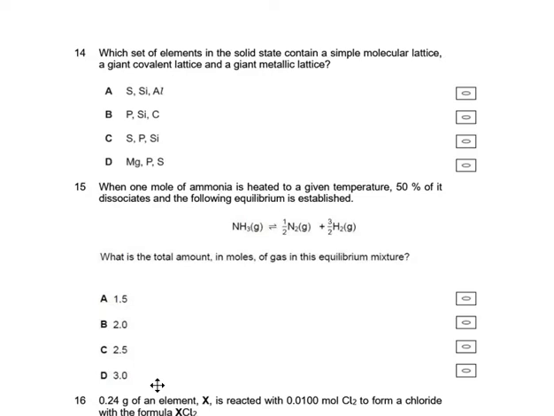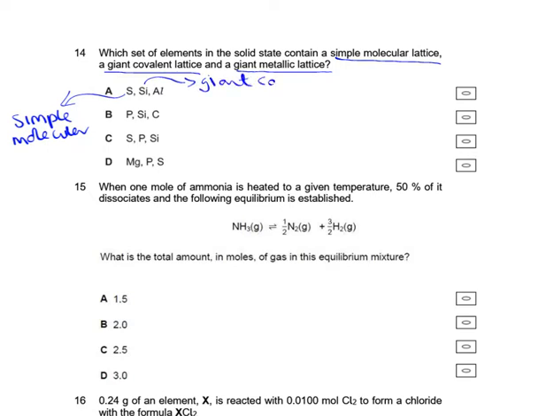Question 14, they've given you some particular elements, and it says which set contains a simple molecular lattice. So we want a simple molecular one, a giant covalent lattice, and a giant metallic lattice. So with giant metallic, we need something that's metallic, we need something covalent, and we need something simple molecular. So indeed, if we look at the top one, we've got our sulfur. Remember, sulfur is S8, it is indeed simple molecular. The silicon is a giant covalent. And the aluminium is indeed your giant metallic. So we don't need to look any further. We've got the ones at the top that we need. So answer is